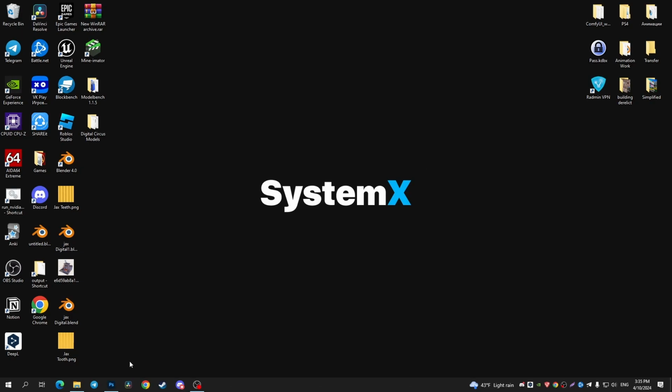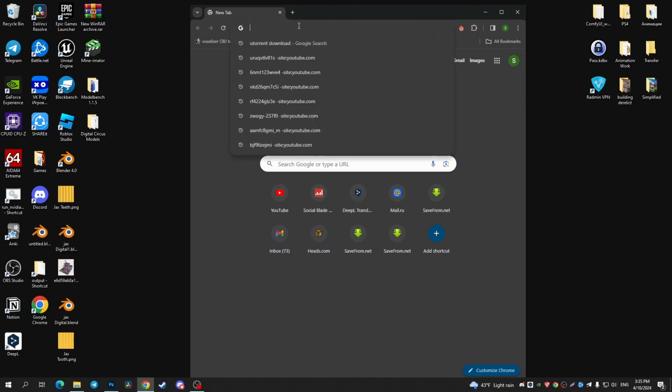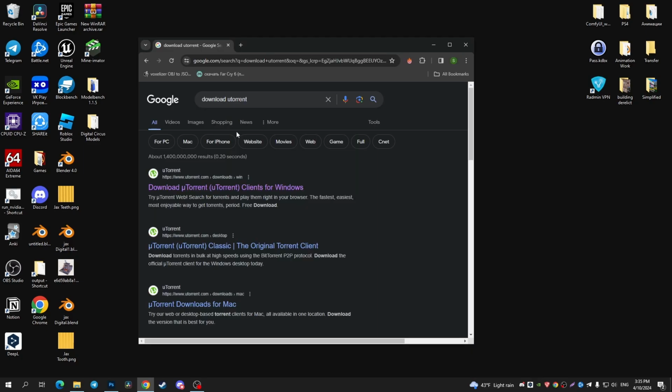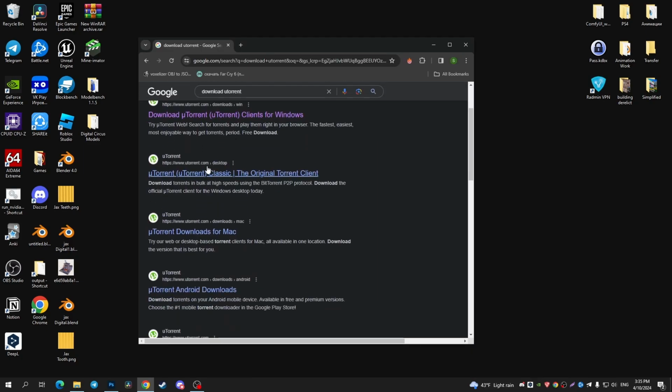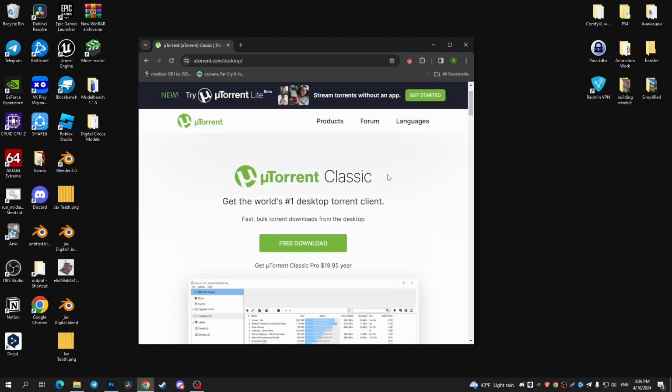First of all, open up your favorite browser, in my case it's Google Chrome, and tap on the search icon. Just type in here, download uTorrent. Tap on enter and scroll down until you find this link, https://www.utorrent.com/desktop. Tap on here and after that you can see here's uTorrent Classic and you can tap on free